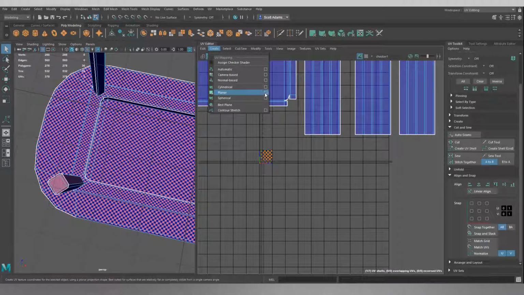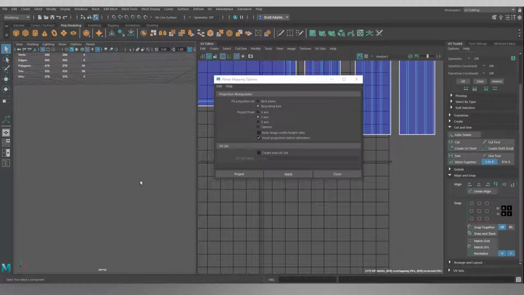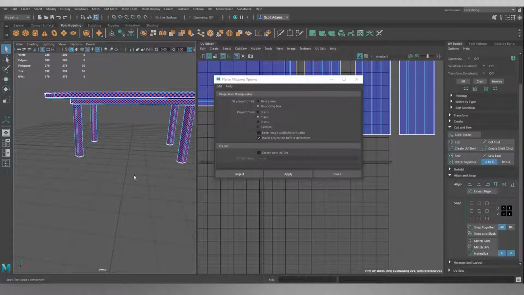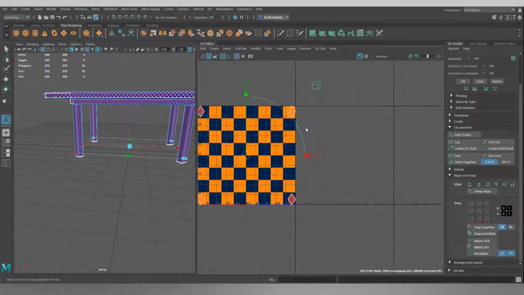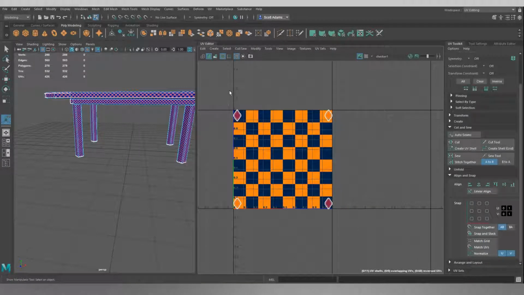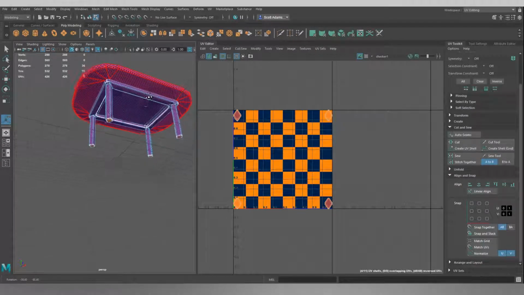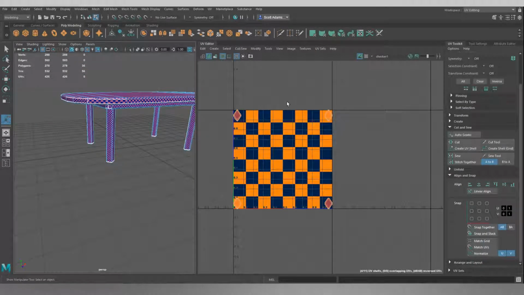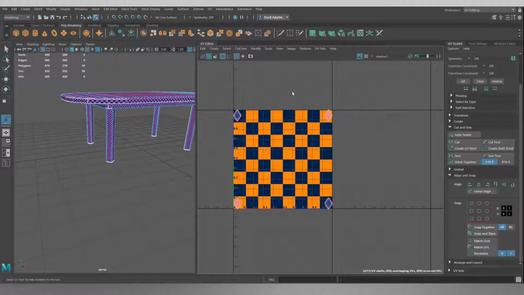We're going to go to planar, and if you missed the last videos, if you hit this little square expansion box, you just want to make sure Y is ticked for this, because the face is on the Y axis, it's pointing up and down the way, so we want to project on the Y axis. We're going to hit that, and we're going to see that these are a bit distorted, and they're all appearing in red, which means that these are back to front. Because they're not facing up the way, the projection is displaying the UVs in reverse. So we want to draw a selection box and select them all. We want to hit modify, and we want to hit flip, and that's going to make them blue again